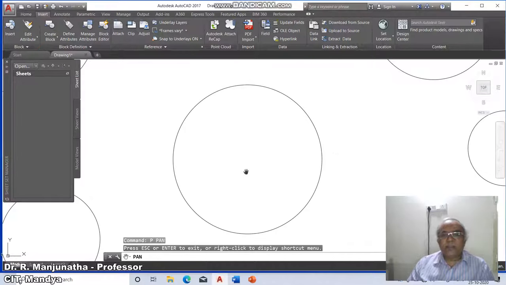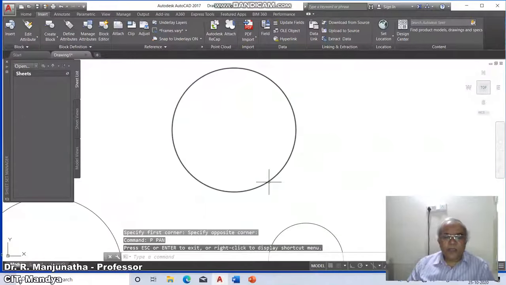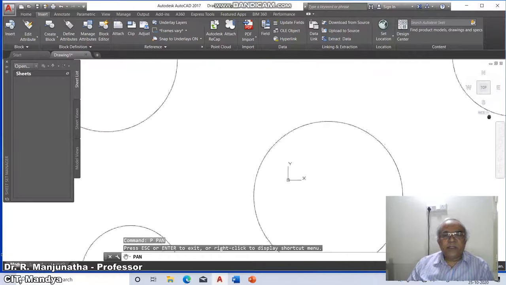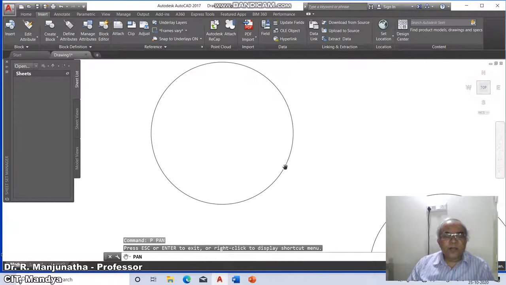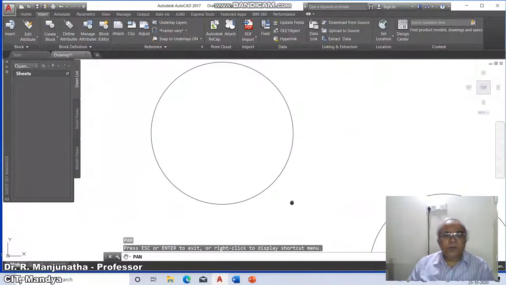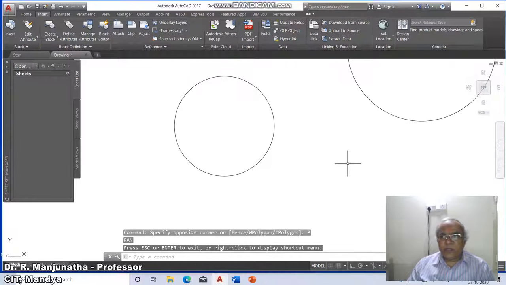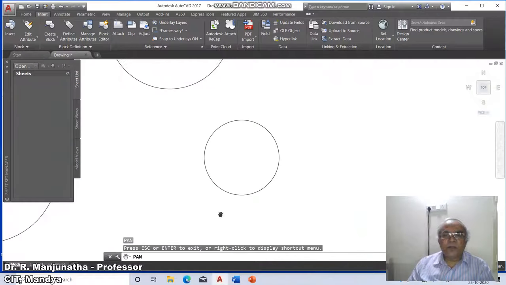Then I go to pan. I want to see this circle, so you bring it here and work on it. Again you go to pan, take this circle and bring it here, and then go back. So again you use pan like this. That means your camera is fixed, but you are dragging the sheet and working on it.